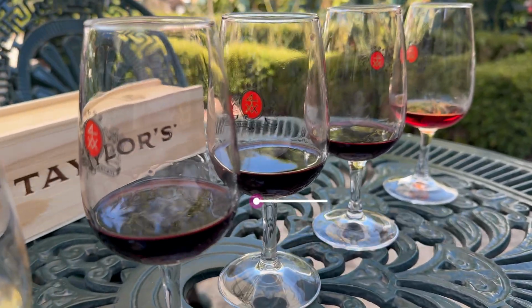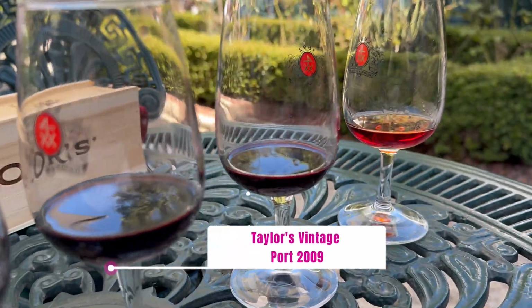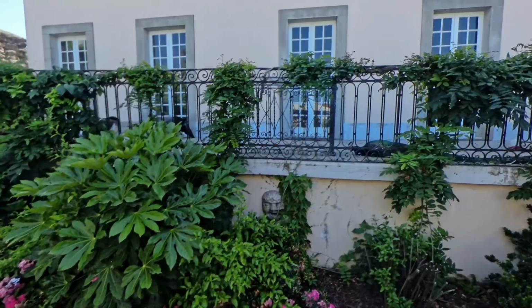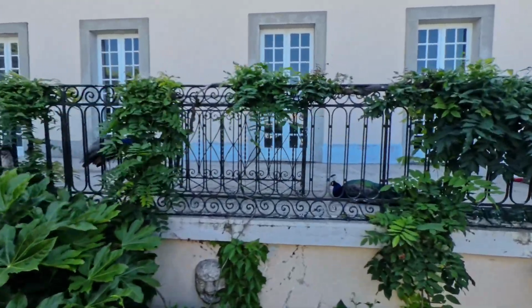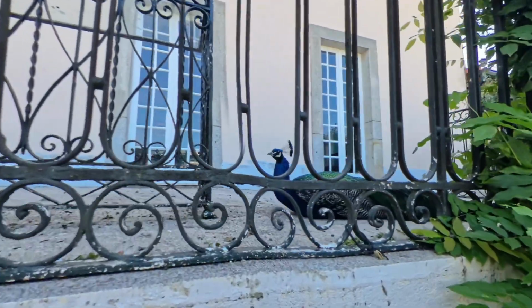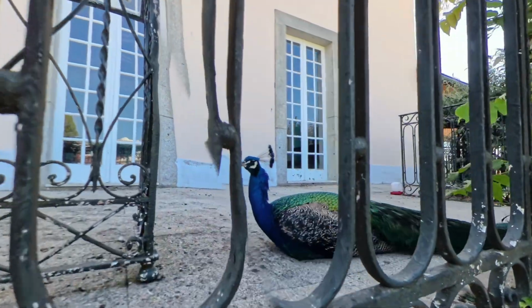From the moment we stepped through the gates, we felt the elegance and charm of the place. The beautifully maintained property features a serene rose garden where you can sit back, relax, and enjoy your port. The selection of ports is extensive. Some were eye-wateringly expensive,